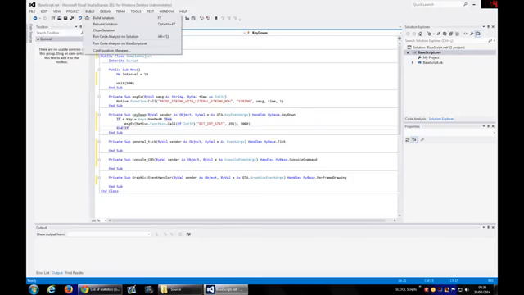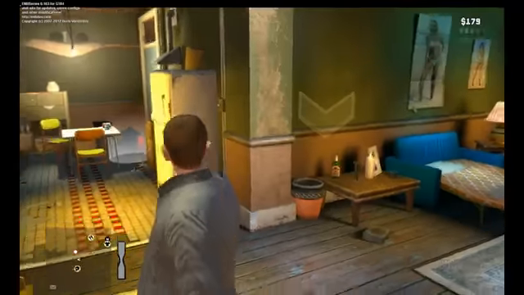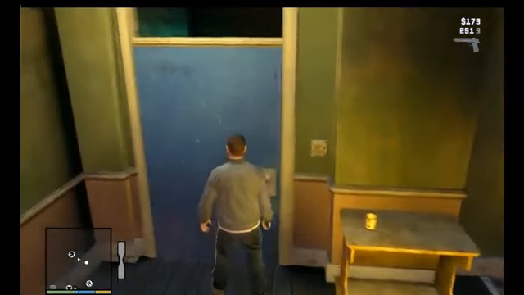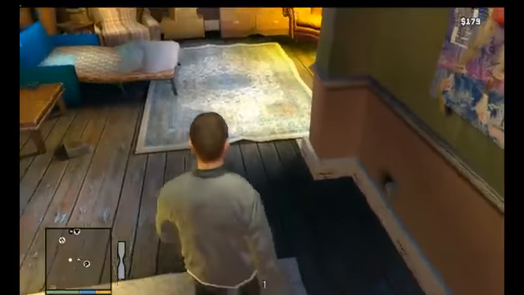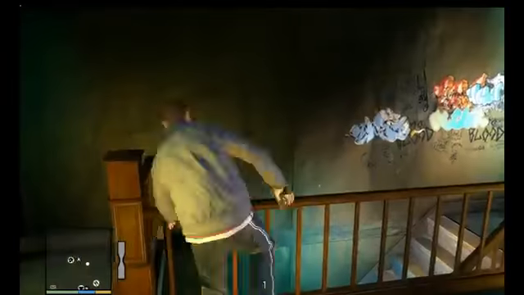So here I will go to build, rebuild solution, and now I will open the game and test. Okay, now if I press the numpad 0, I should see one message on screen. See the number 1 appearing down there.